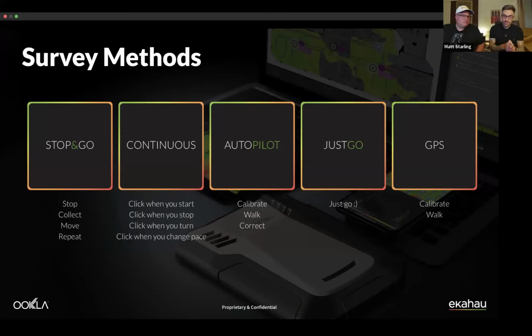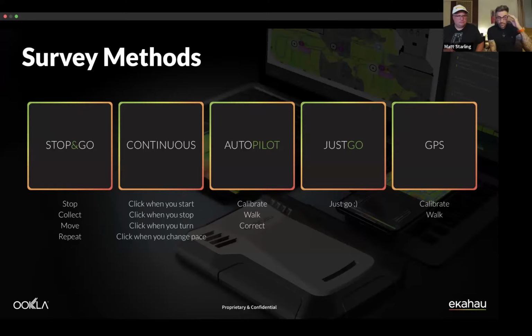Now, continuous mode is effectively you are going to be constantly tapping on the map or clicking as you're moving around. So basically when you start your survey, you would tap in the location that you are, you move down the hallway, and then you're about to turn into a room, you would then tap on the map again, go into the room, tap as you go to a corner, tap as you get to the next corner, tap as you get to the next corner, and then so on and so forth. And you just keep constantly telling the application where you are as you move around.